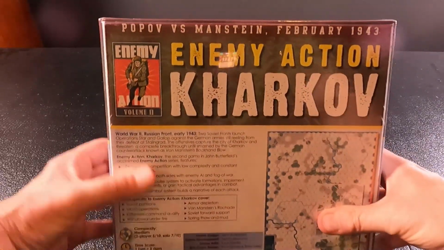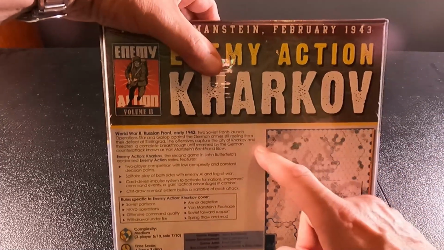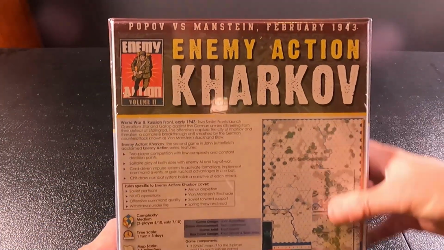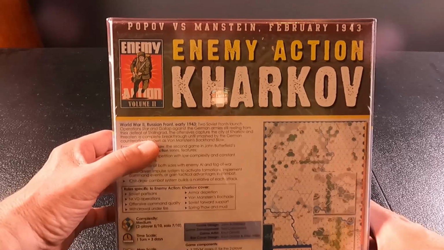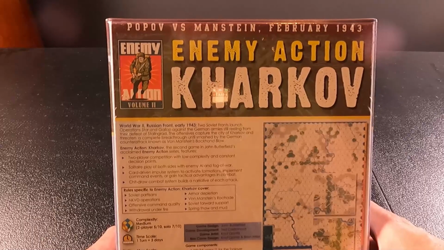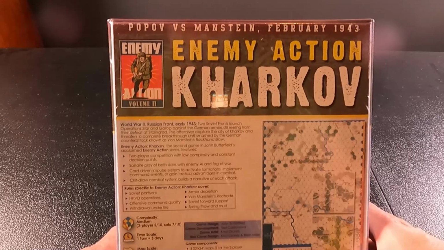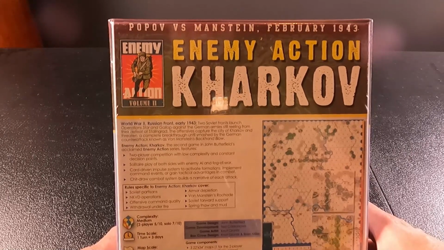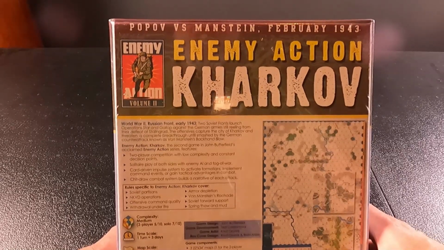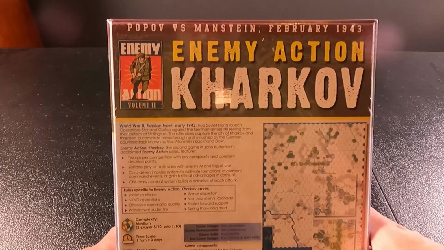we have World War II, Russian front, early 1943. Two Soviet fronts launch Operations Star and Gallop against the German armies still reeling from their defeat at Stalingrad. The offensives capture the city of Kharkov and threaten a complete breakthrough until smashed by the German counterattack known as von Manstein's backhand blow. Enemy Action Kharkov, the second game in John Butterfield's acclaimed Enemy Action series, features two-player competition